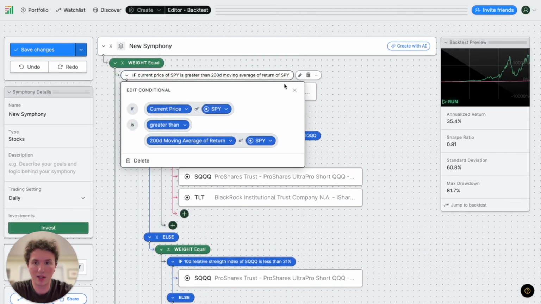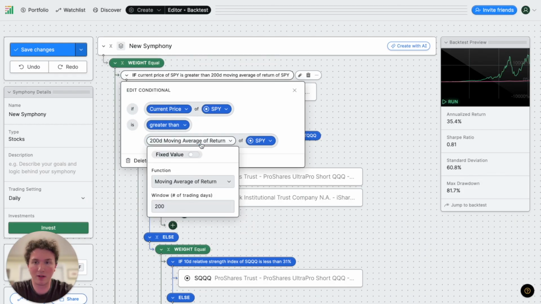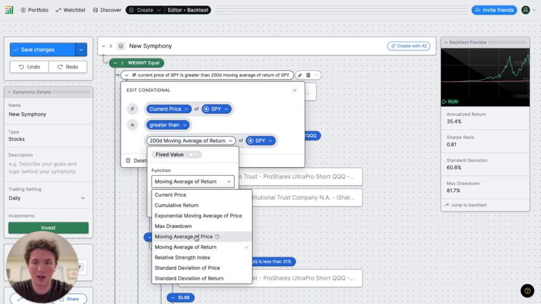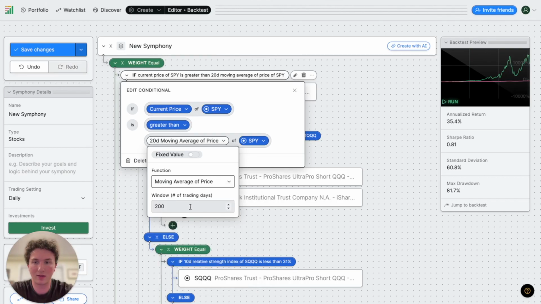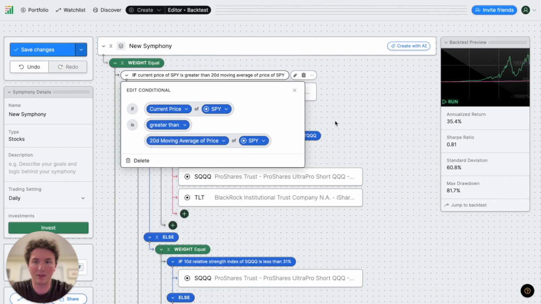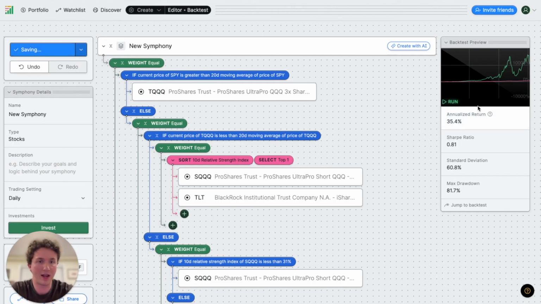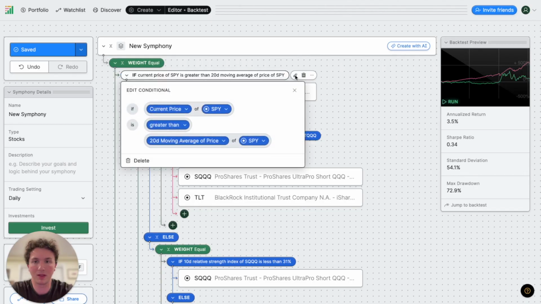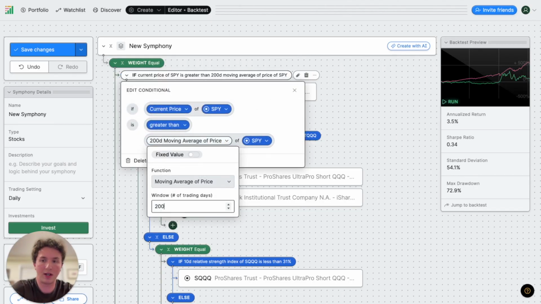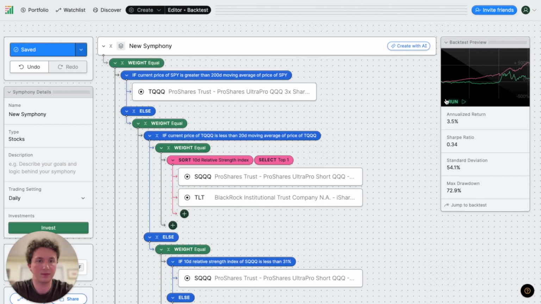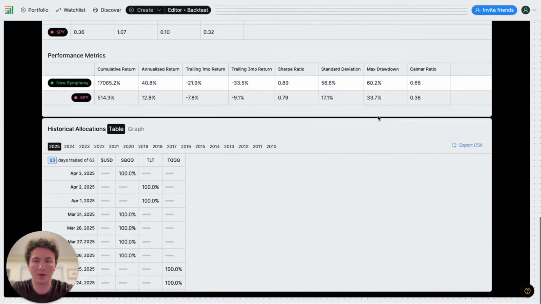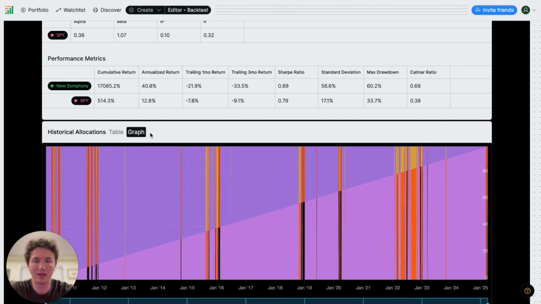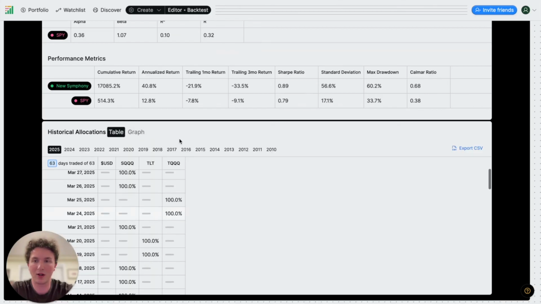So we made a mistake here. Instead of 200-day moving average of price, we said 200-day average of return. So let's set that to the 200 moving average of price of SPY. You can save that, and then see if our corrected logic boosts our return. This should be the 200-day. And we'll run that, and we can see our returns have boosted up to 40%. And when we go to our graph, we can see much more varied ticker symbols that we are holding, and in the chart as well.